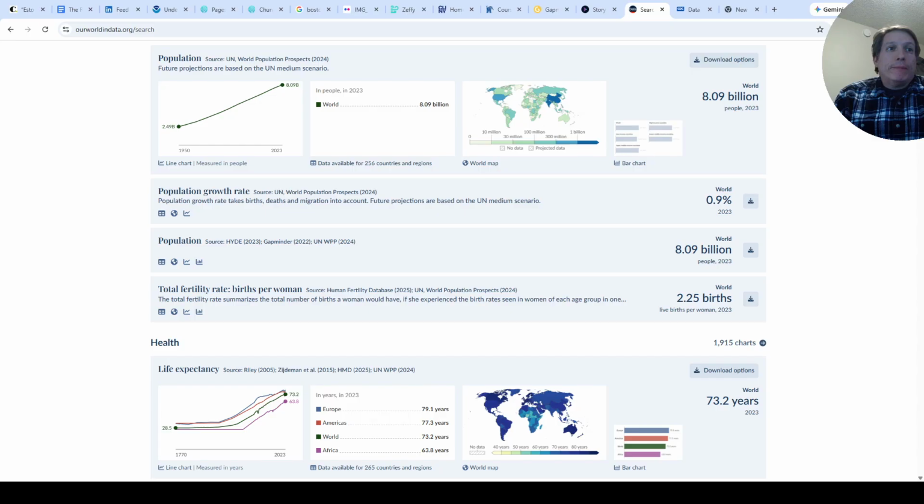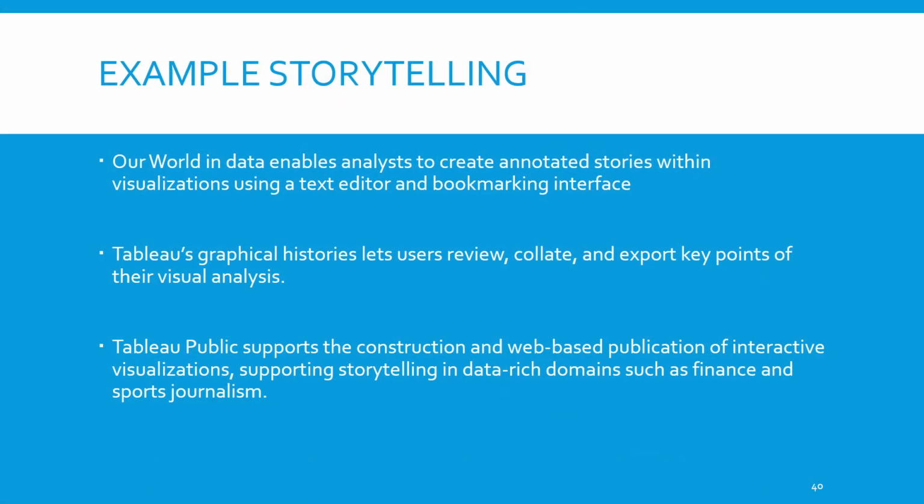Another tool that we are going to be exploring in detail is Tableau.